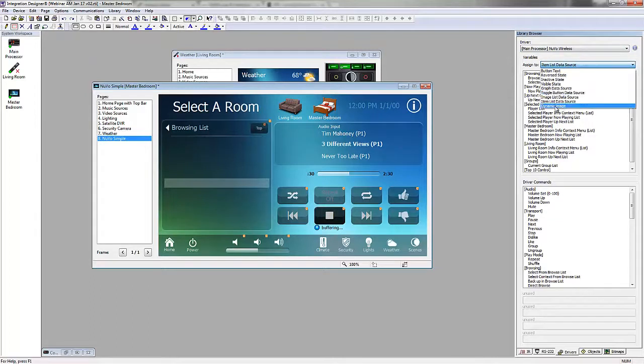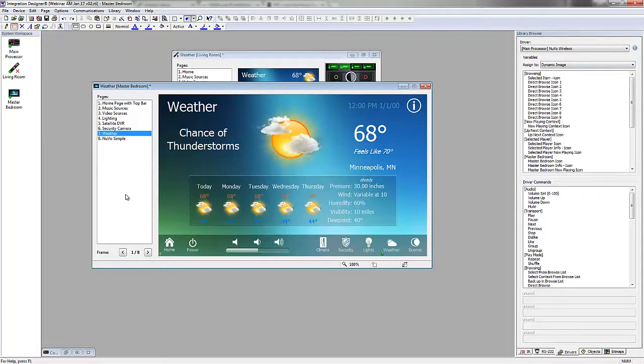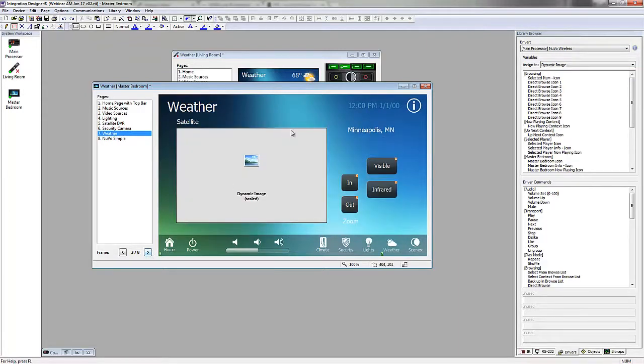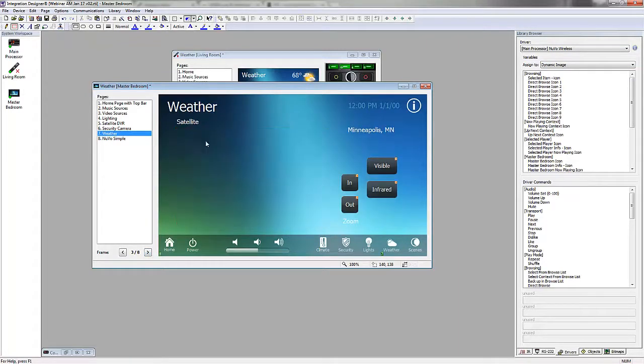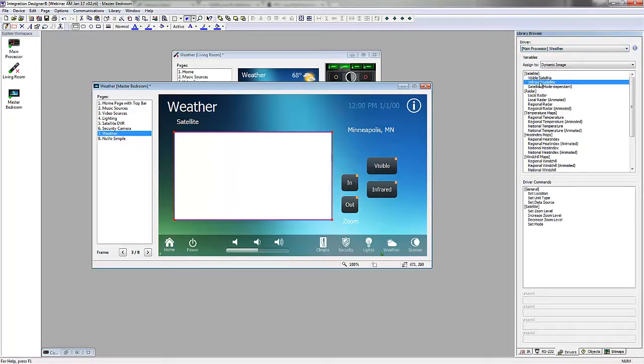And then the final one is called a dynamic image. A dynamic image is easily represented, and we'll use the weather page again, where if I wanted to have, say, a satellite image, or an image of the satellite. So in this case, I would just draw a big button here. And I'm going to go to my dynamic image for my weather and find my satellite mode dependent and drop it on. So now it's going to show me a satellite image dependent on which mode I set it in,